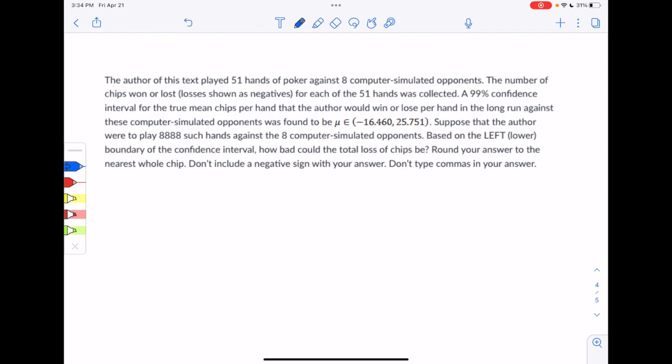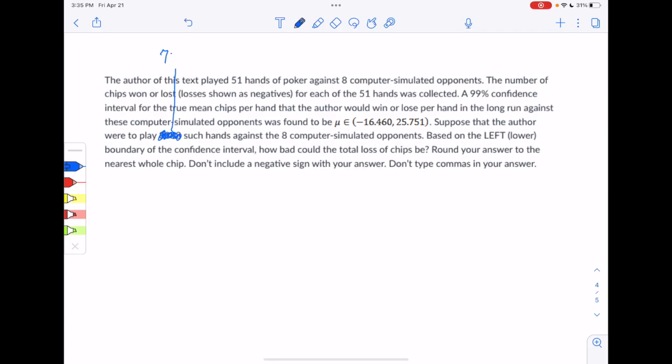Suppose that the author were to play 8,888 such hands against 8 computer simulated opponents based on the left or lower boundary of the interval. How bad could the total loss of chips be? Round your answer to the nearest whole chip and don't include the negative sign with your answer and don't include commas with your answer. All right, first, in the interest of help rather than answers, instead of 8,888 hands, we're